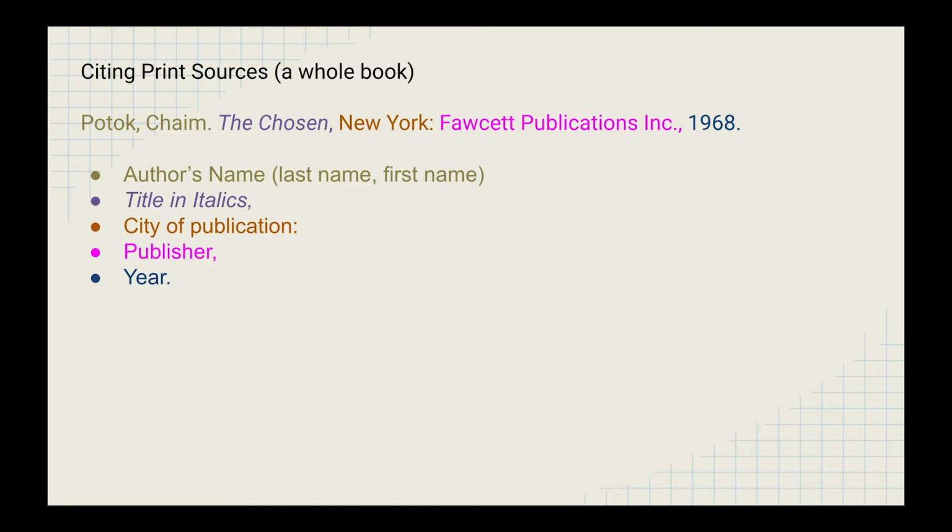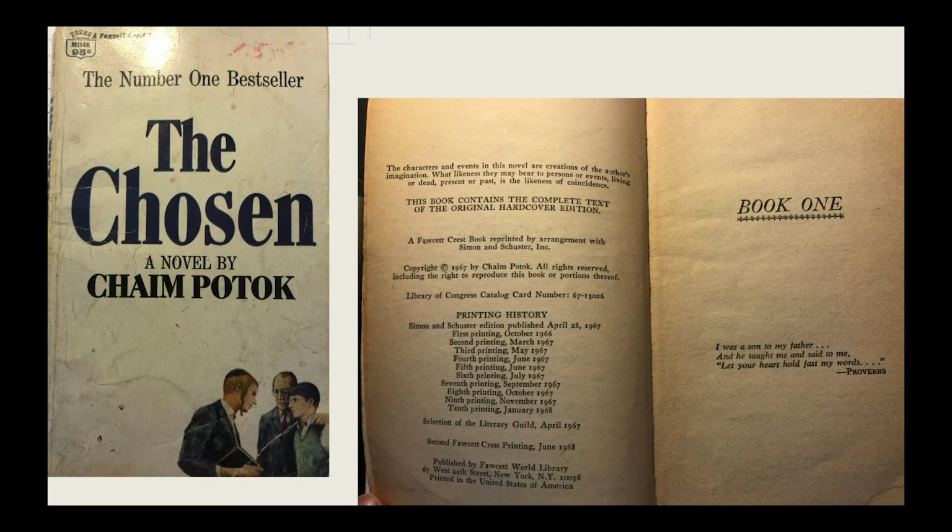I'm using The Chosen not only because it's one of my favorite books, but to illustrate the elements of the citation. Author's name, title in italics because it's a whole book, the city of publication, the publisher, and the date. And if you can't locate any of that information, it can usually be found on the inside cover or first